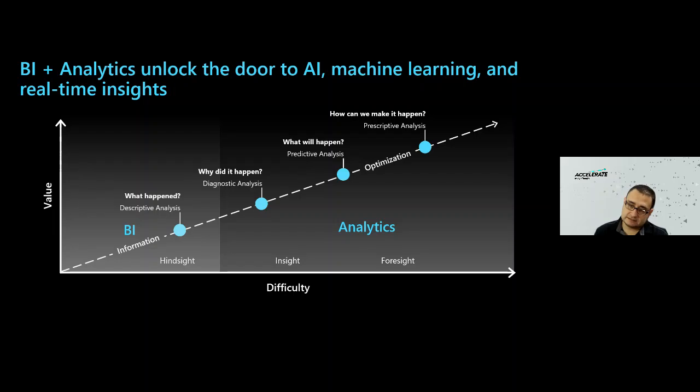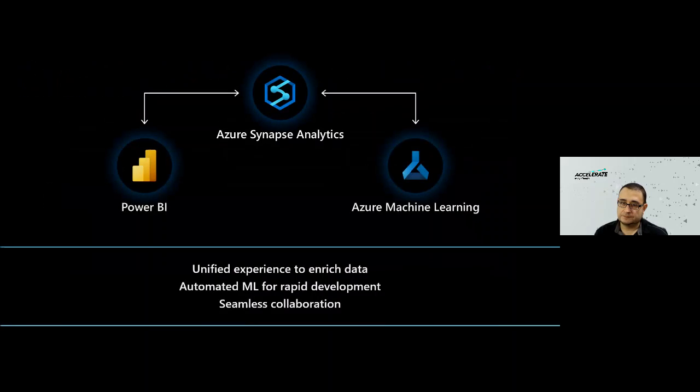And of course, as you grow in that maturity journey, things may become a little bit more difficult: a little bit more time, a little bit more data, a little bit more understanding, more specialized skill sets. But at the same time, it increases the value proposition of your data. It really highlights the value of your data. So that's something to keep in mind in your strategy: understanding where you are in your journey, where you want to be, and that there's some difficulty in arriving at that maturity level.